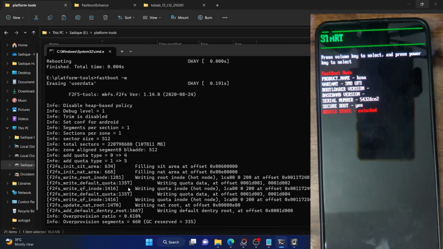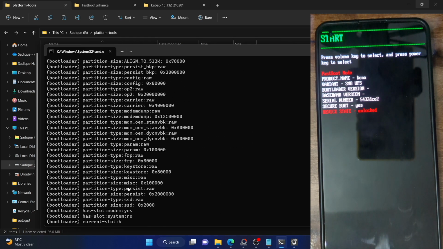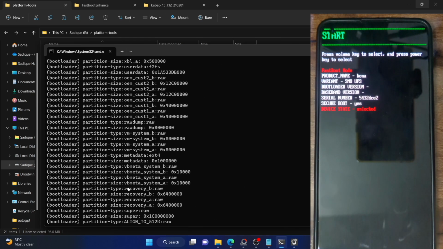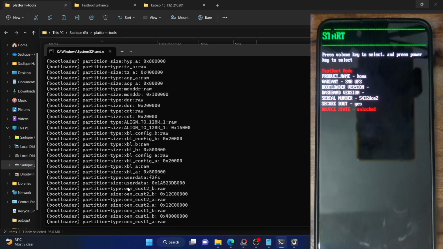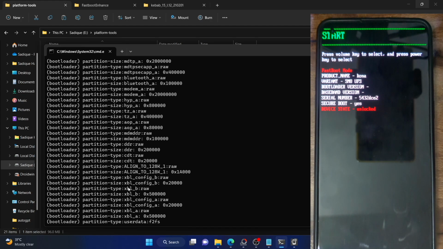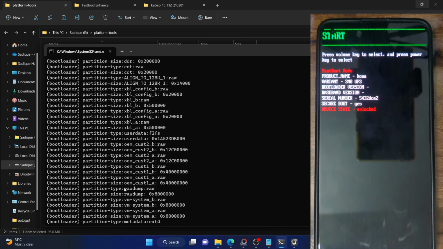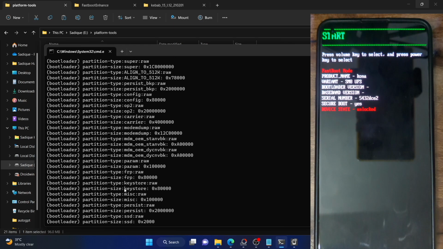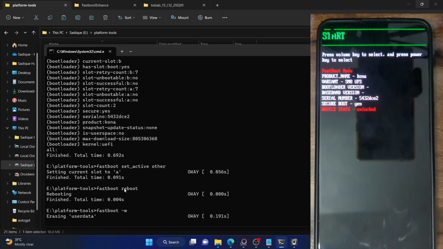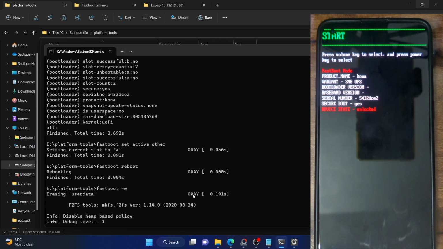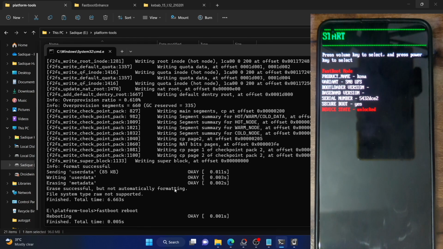So up until now, first off, I changed the current active slot. That did not work. Then I also flashed the boot img file. This fix was only for those who have obtained root and were stuck in a boot loop while rooting their phone. Then the third fix talked about doing a format data, but as you could see, even doing a format data did not work in my case. So let me now move over to the next step.